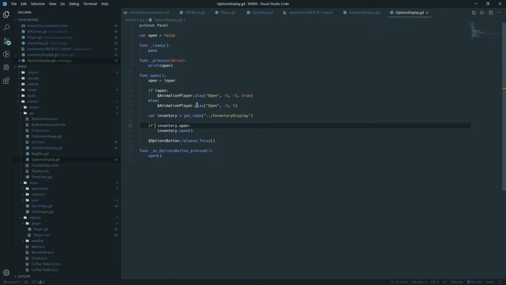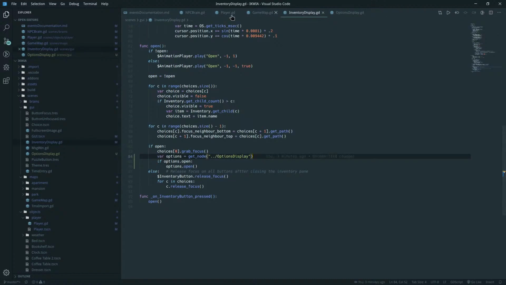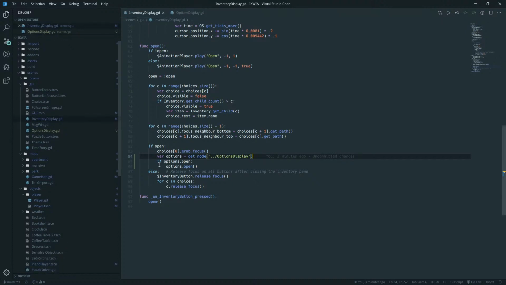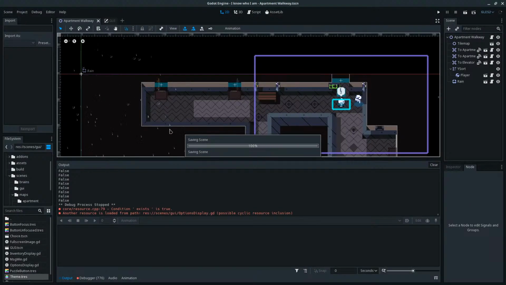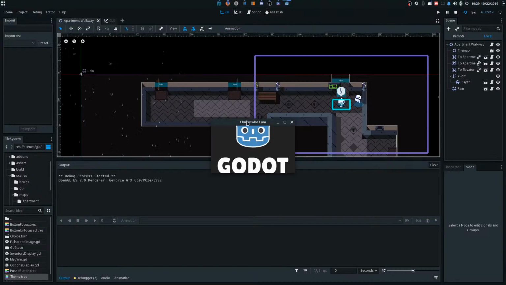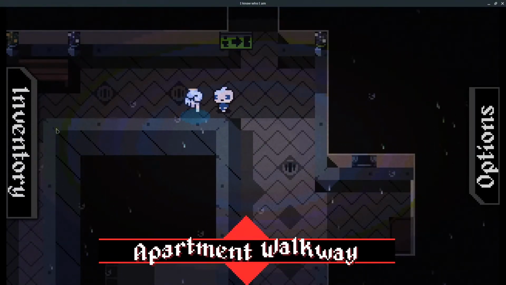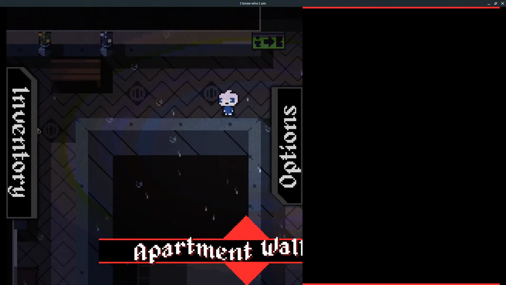So if you're open and inventory is open, then that's what should happen. That's why that works. I was wondering what's going on. Okay. So that should be it. So boom, boom, boom.